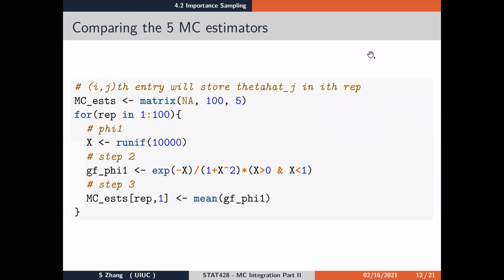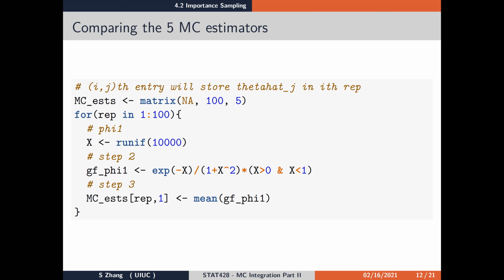Okay, so here's the code that does this. We first create an empty matrix with 100 rows and 5 columns. Each row corresponds to one of the 100 replications, and each column corresponds to one of the 5 methods that we have implemented, so one of the 5 importance functions. For each of the columns, the results will be the theta hats obtained using one of the methods